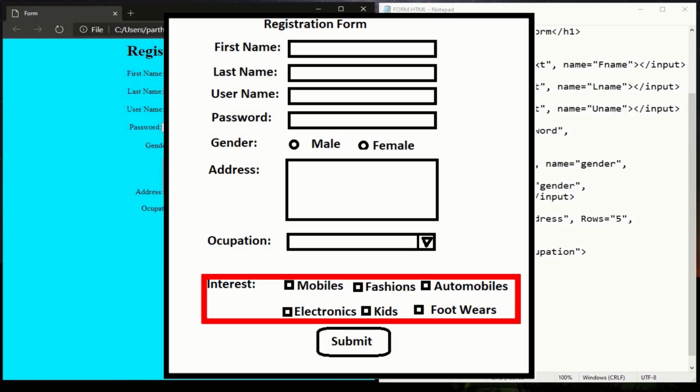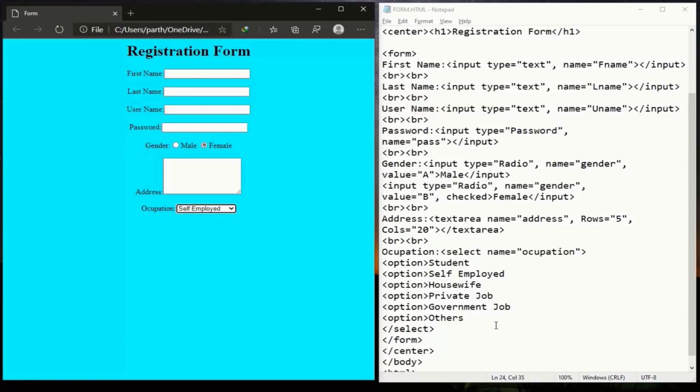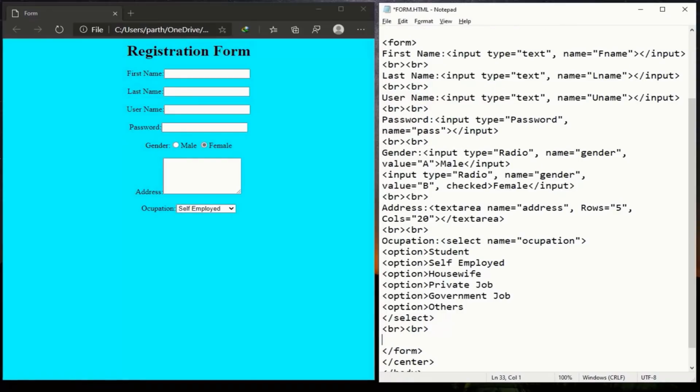Our next item is checkbox, where you can select more than one option. Check how to design it. Start the input tag followed by the type attribute, and the value of the type attribute will be checkbox.